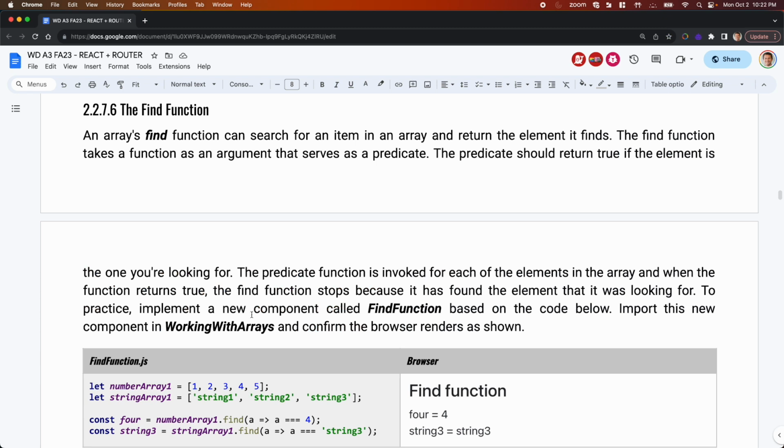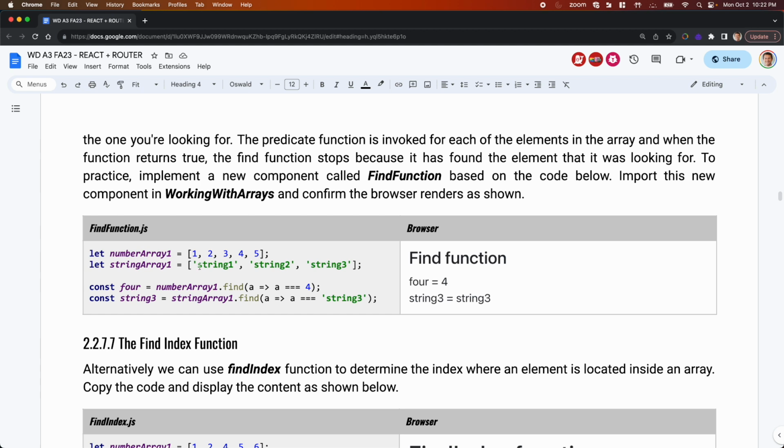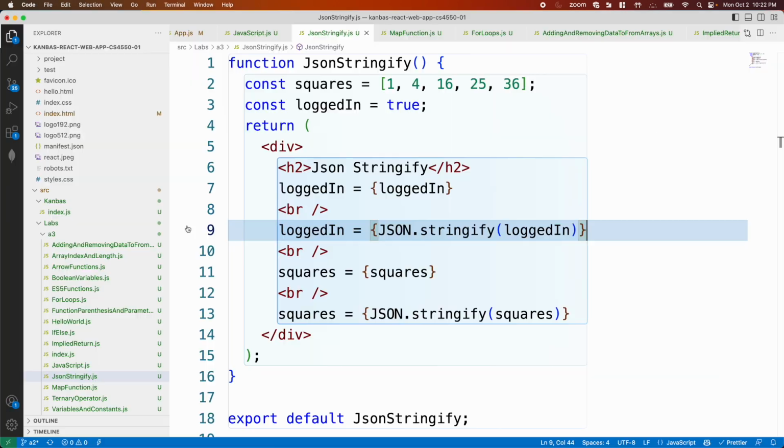So another very useful function about arrays is the find function. There are tons of really useful utility functions, but find does what it sounds like. It finds things, objects or values, inside of an array. It tells you where it is, either the actual value that it finds, or the index. We'll see that next. So let me illustrate. Let's create a component for this,